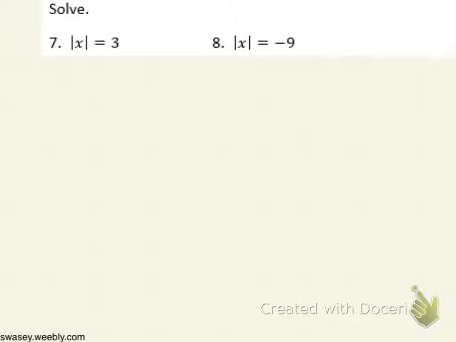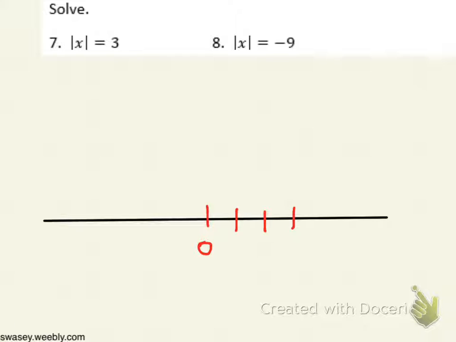Here we have an equation. We're trying to find or solve the equation that has the absolute value of x equal to 3. So think about what numbers you can take the absolute value of and get 3. If it helps you, you can look at a number line and go 3 units away from 0 on either side. If you go to the right 3, you're at 3. If you go to the left 3,